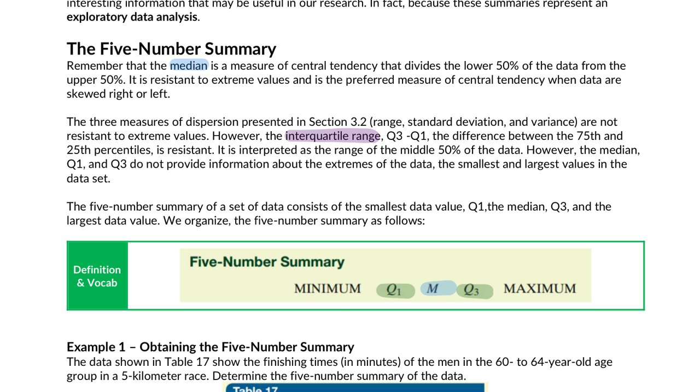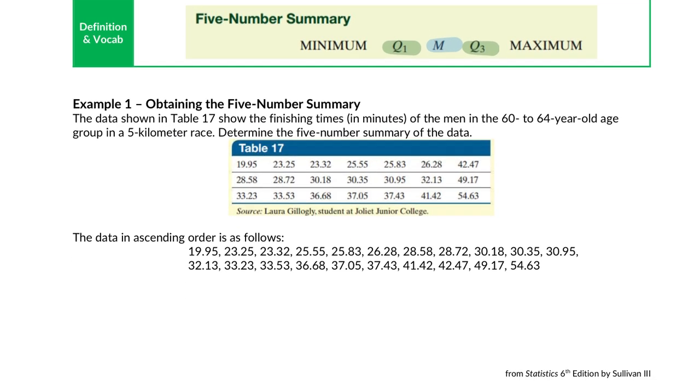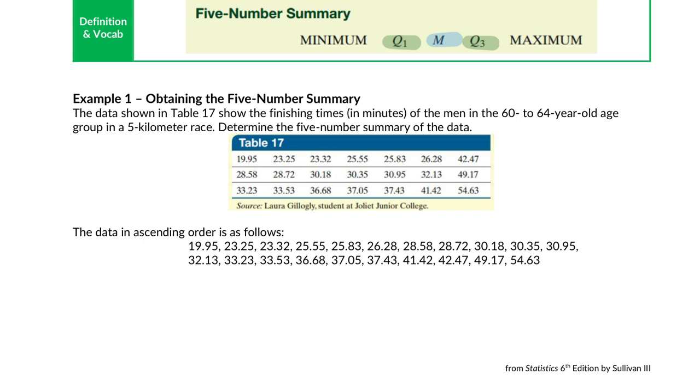So let's just see if we can do this. It says the data shown in table 17 shows the finishing times in minutes of the men in the 60 to 64-year-old age group in a 5-kilometer race. Determine the 5-number summary of the data. So table 17 just gave us, boom, our sample. We then place the sample in ascending order, so in number order, which I will show you in a little bit how to do on Excel,